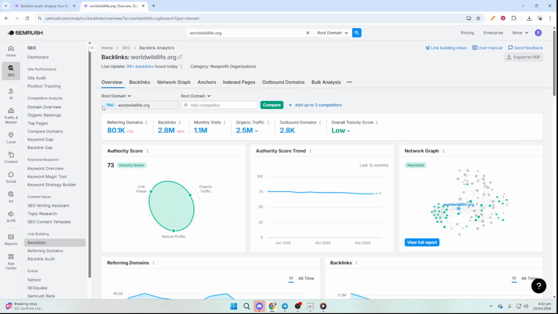Here you'll see the total number of backlinks, the count of referring domains, and the authority score. Total backlinks shows every link Semrush has found pointing to the domain. Referring domains counts unique websites linking to it, which is often a better indicator of diversity and reach. Authority score is an overall measure of a domain's strength based on its backlinks and other signals. As a quick rule of thumb, a healthy profile usually balances a good number of backlinks with a broad set